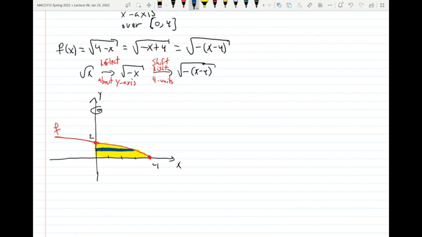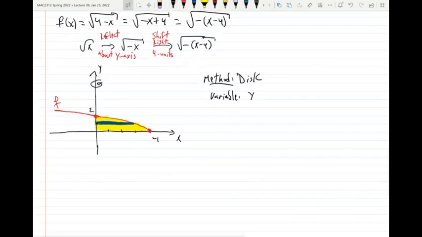Okay, the moment that we have the rectangle placed, then we immediately can write several things. First of all, there is no hole, so the method is disk. What's the variable? The variable is y, right? So, by the way, by just writing this down, you can immediately write down that the formula is going to be,